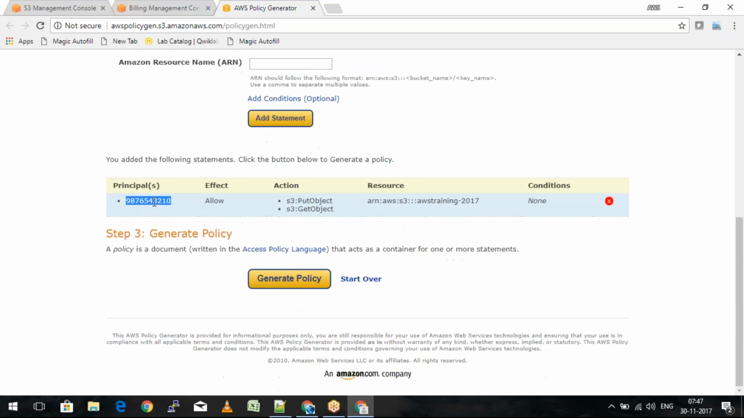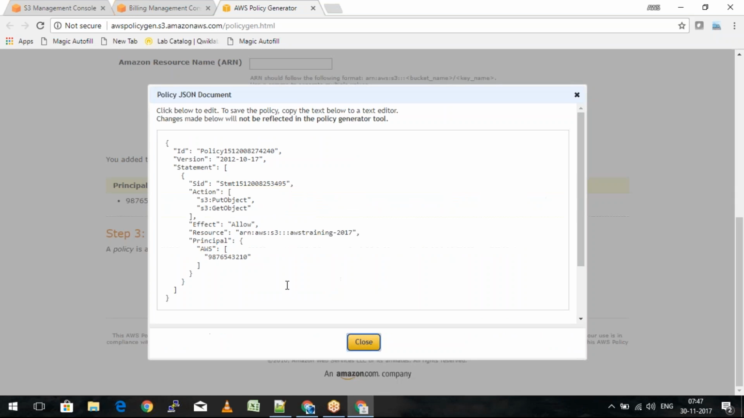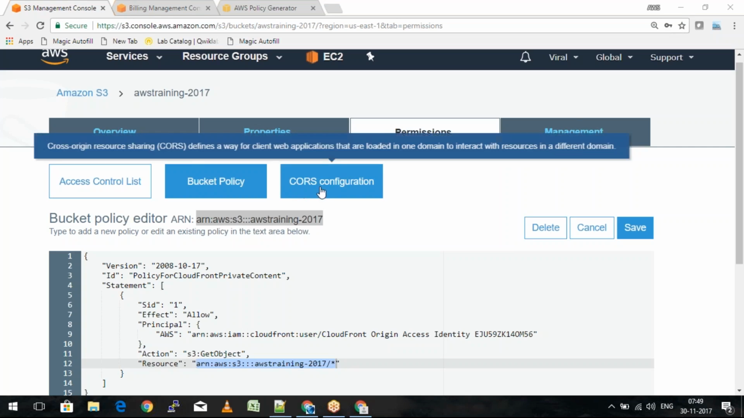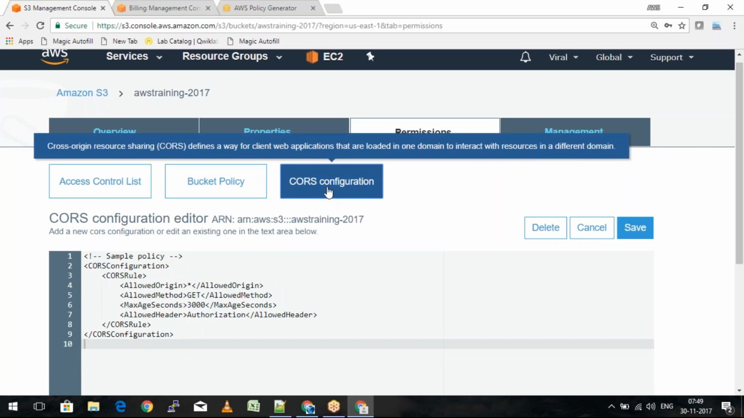What I am going to do, I'm saying that this AWS account number should get the effect as an allow, and they should be able to put the objects as well as get the objects. And this is basically the resource. So if I say generate policy, it is going to show me that this is the policy here. Right? So that is how I'll be able to create my own JSON document from this policy generator. It's called the CORS configuration. So CORS configuration is basically used